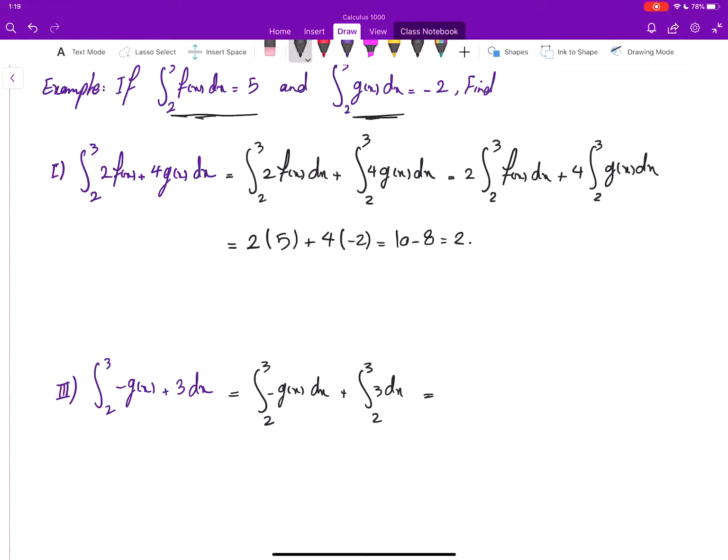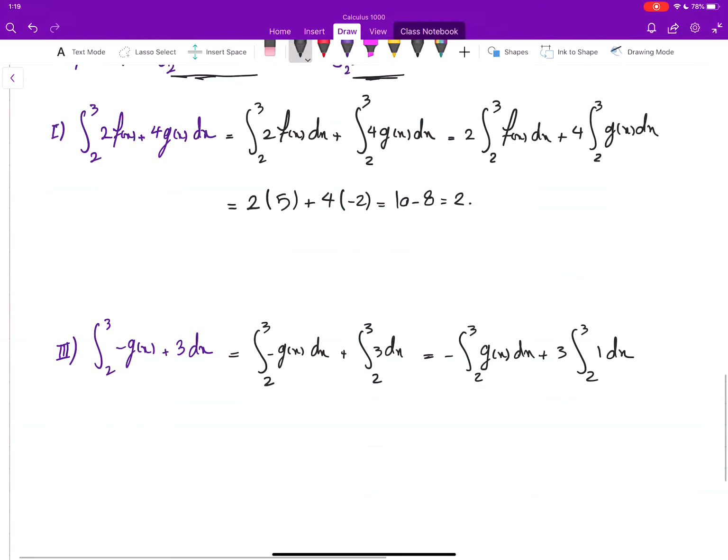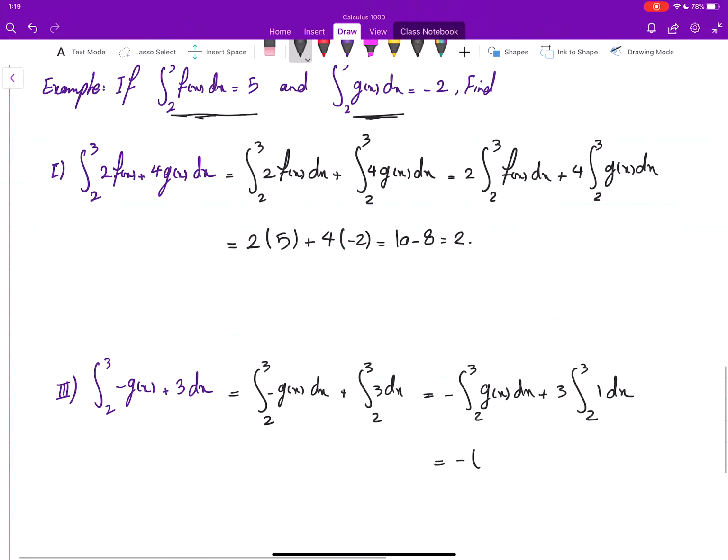This minus sign is negative 1 times that, so it can come out, and 3 can come out. What we have here is negative the integral of g of x, which is negative 2, plus 3 times